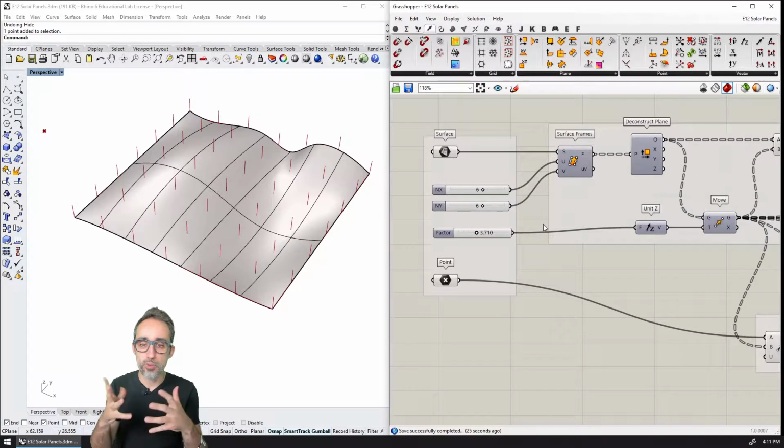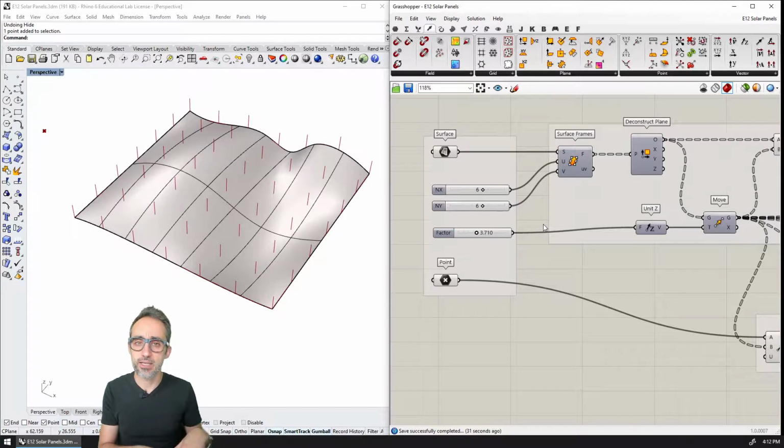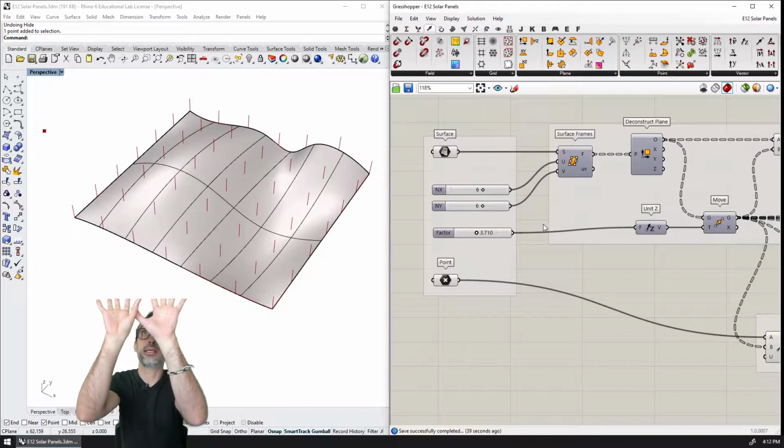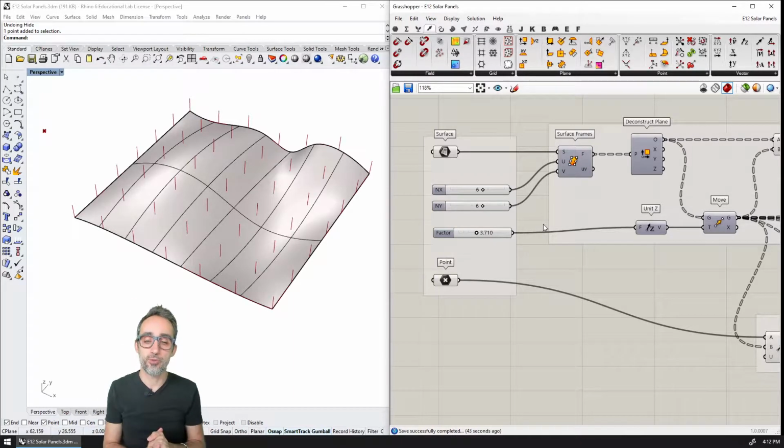In this one, what we're going to model is one of those solar farms that you can find outside in the country, where you have a lot of solar panels that are oriented towards the sun, and that they rotate and they move over the day to be as perpendicular as possible to the sun.